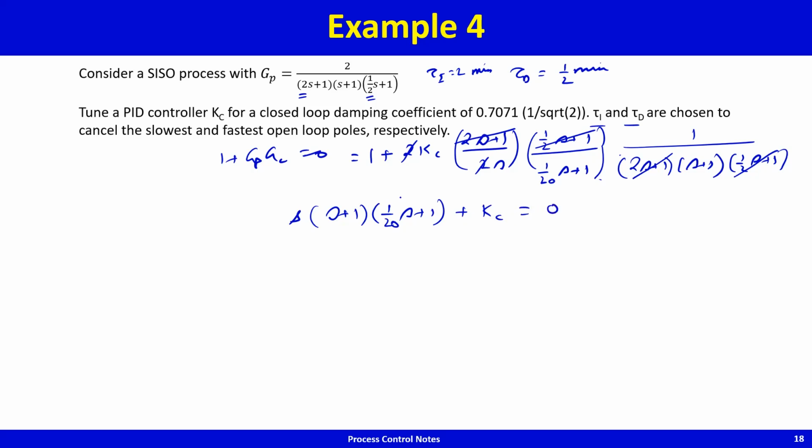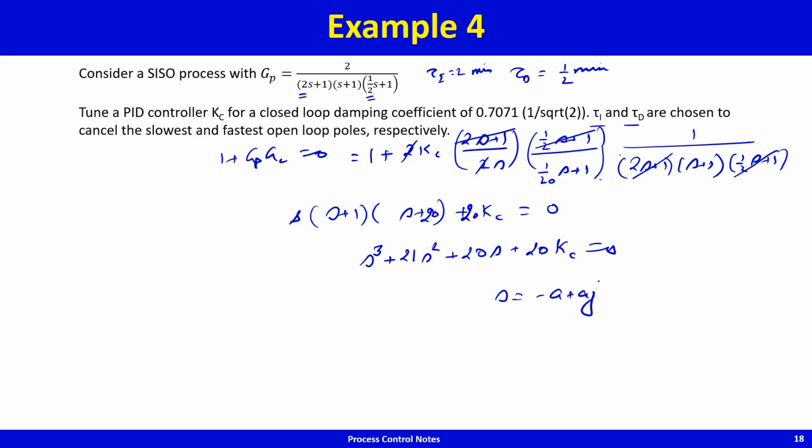Multiply by 20. If I multiply by 20, this will become 20, and this will become 20, and so what I will then get is s cube plus 21 s square plus 20 s plus 20 Kc is equal to 0, and again the usual: s is equal to minus